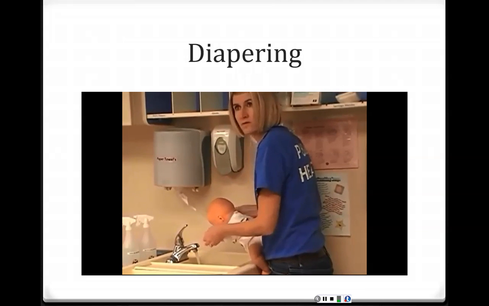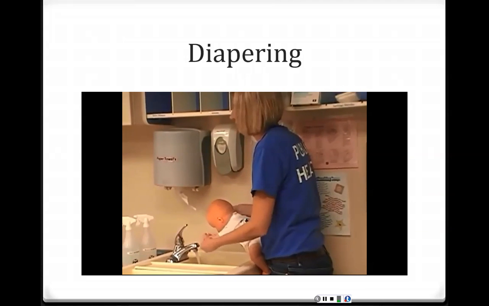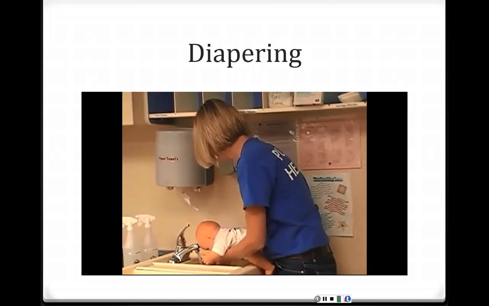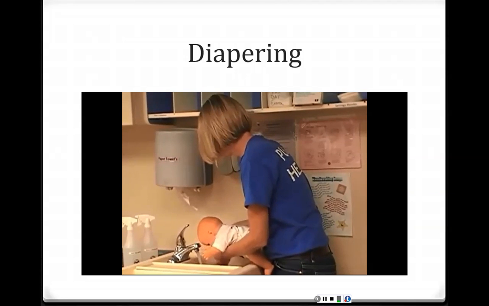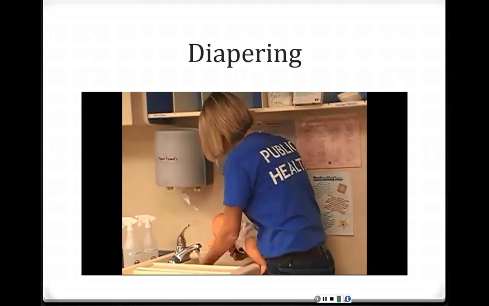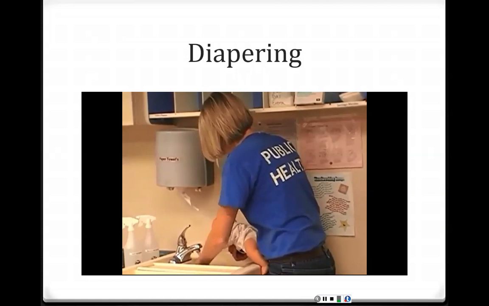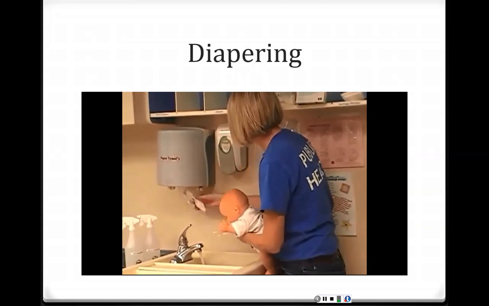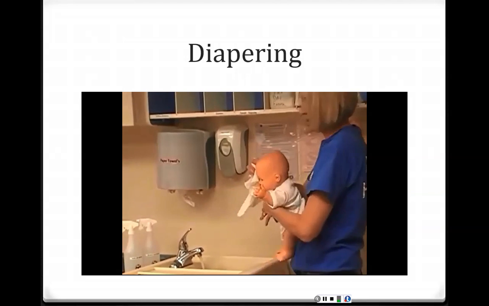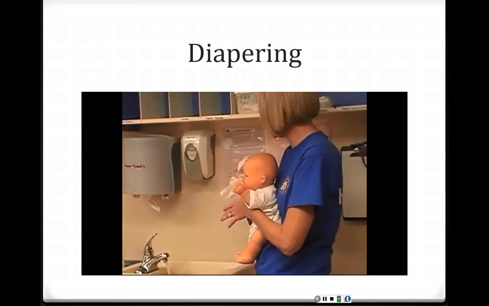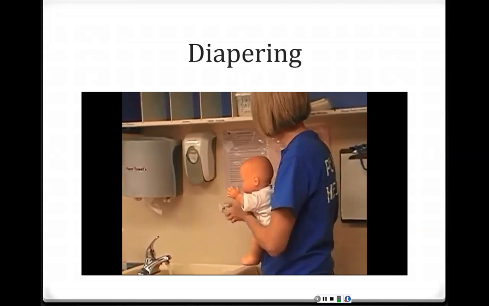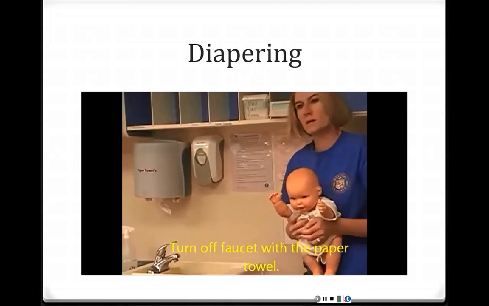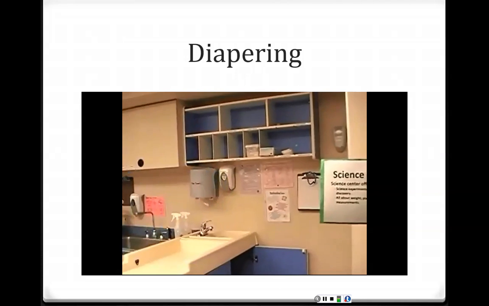1, 2, 3, 4, 5, 6, 7, 8, 9, 10, 11, 12, 13, 14, 15, 16, 17, 18, 19, 20. Then I'm going to rinse her hands. Grab my paper towel and dry her hands off thoroughly, and use my paper towel to turn off the water. Then I'm going to put my child back in the play area,